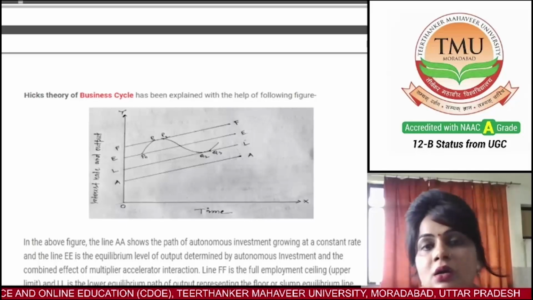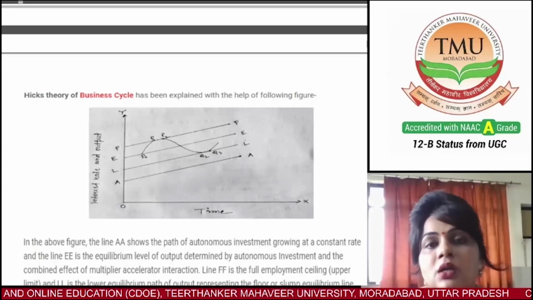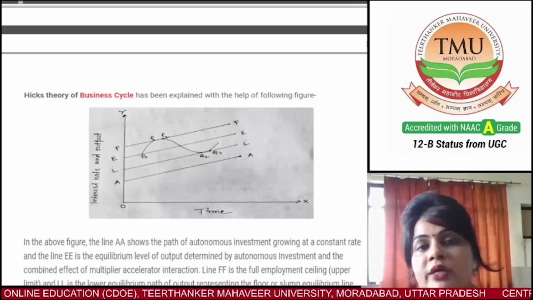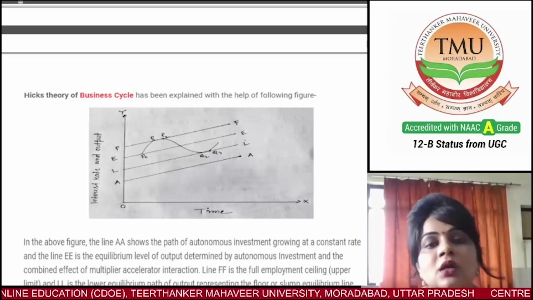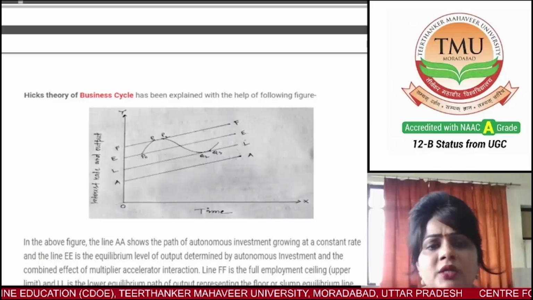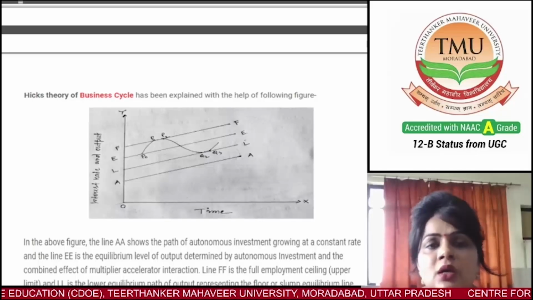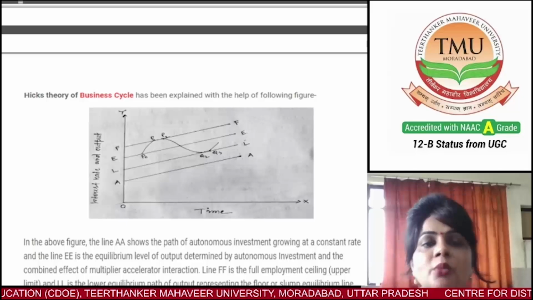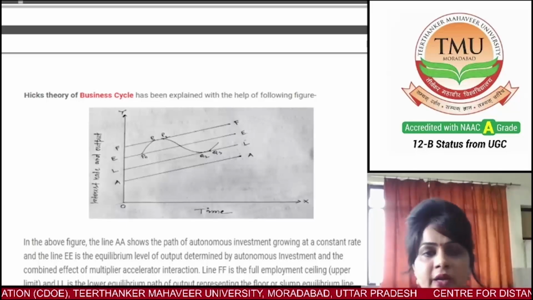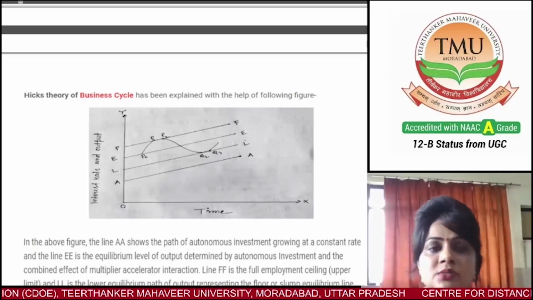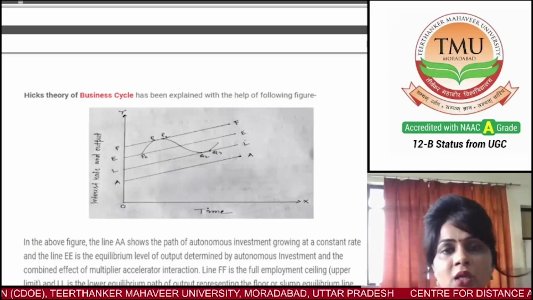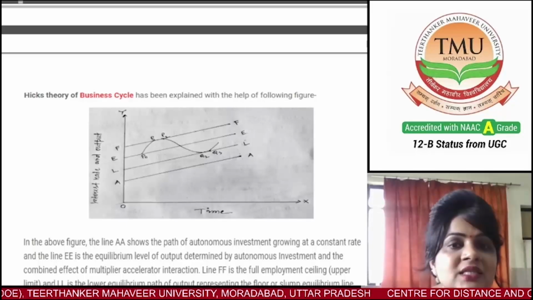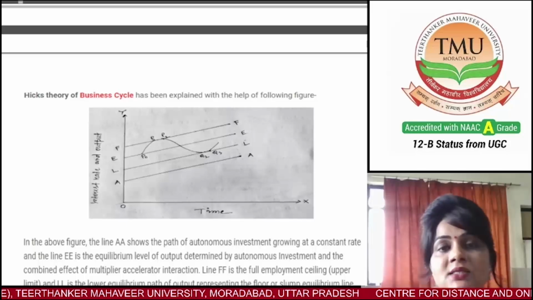Therefore it also decreases at P2 Q2. It's a recession time. From P1 to P2, when it reaches the ceiling, the economy must grow at the same rate as autonomous investment. For a short time the economy may move along the full employment ceiling line, but because national income has ceased to increase at a rapid rate, induced investment